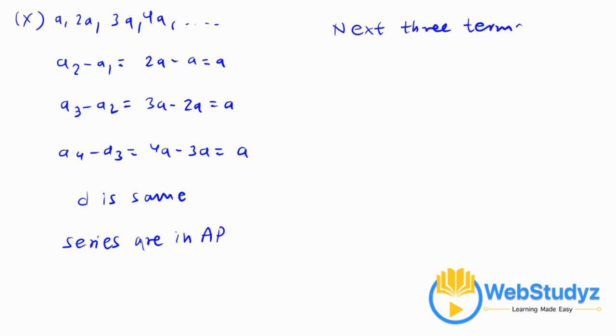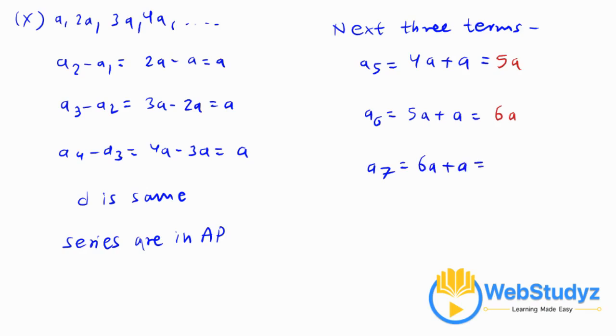So we have to find out its next three terms, which are A5, A6 and A7, which will be 4A plus A, which comes out to be 5A, and A6 will be 5A plus A, which will be 6A, and A7 will be 6A plus A, which will be 7A. Now move on to the 11th series, which is